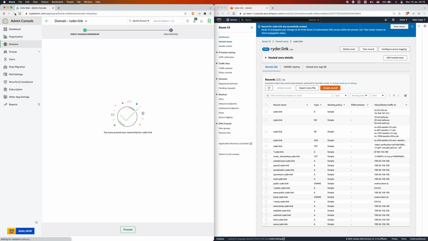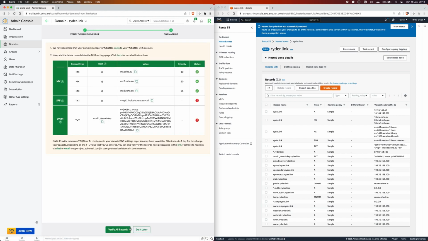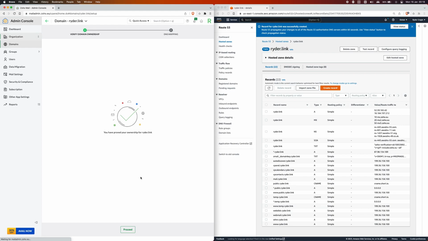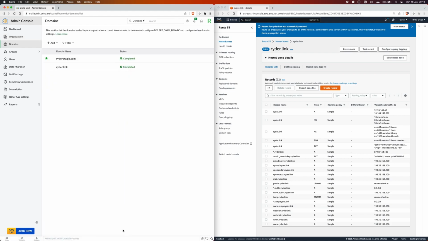So I'm just going to reload the page. Click on proceed again and then verify, and you can see it's now picked up the bottom one. So now we're just waiting for it to pick up the original one at the top. So I'm just going to reload it again, and we can see that it's now been verified and it's successfully connected. So when you click on proceed, you'll see the domain listed here,